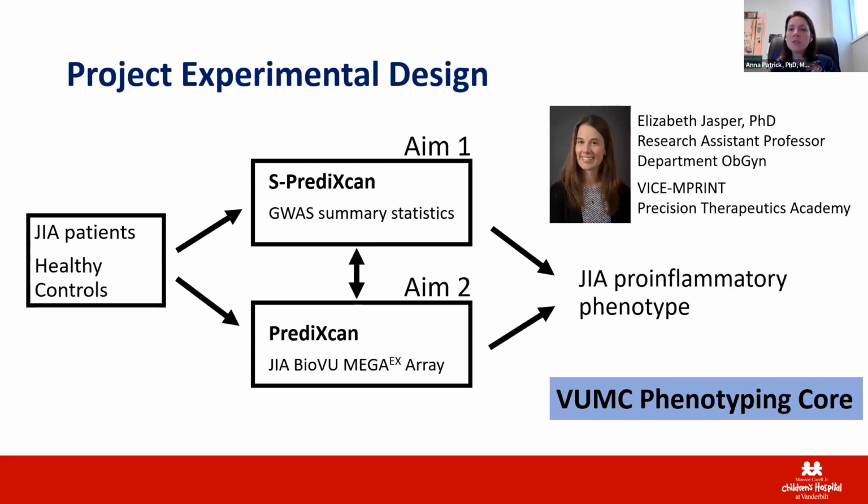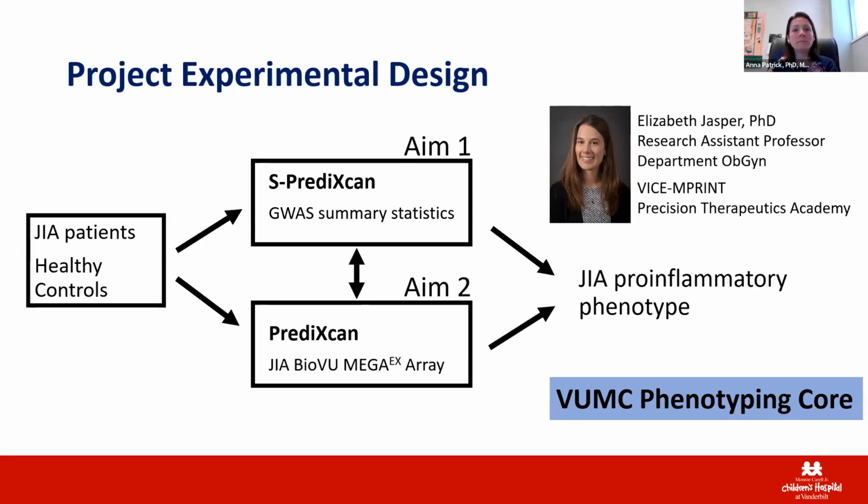So we have 2 aims, and this is just our project experimental design. We will use JIA patient and healthy control comparisons. In aim 1, we study the existent JIA GWAS summary statistics with S-PrediXcan. In aim 2, we will study individual level JIA genetic predictions from de-identified electronic health records, or EHRs, linked to our institution's DNA biorepository called BioVU. So the goal of these two aims is to identify a genetically predicted JIA pro-inflammatory phenotype. A key part of this project is the strong collaboration formed with colleagues in MPRINT and precision medicine. Elizabeth Jasper at VUMC is performing the PrediXcan and GWAS studies, and the VUMC phenotyping core is helping identify patients